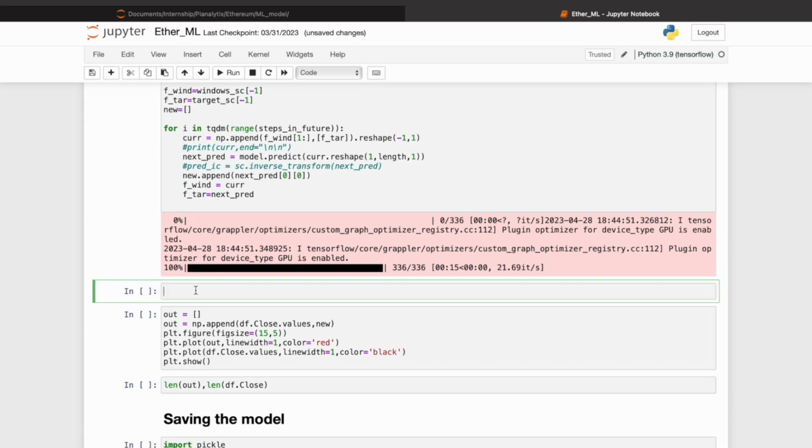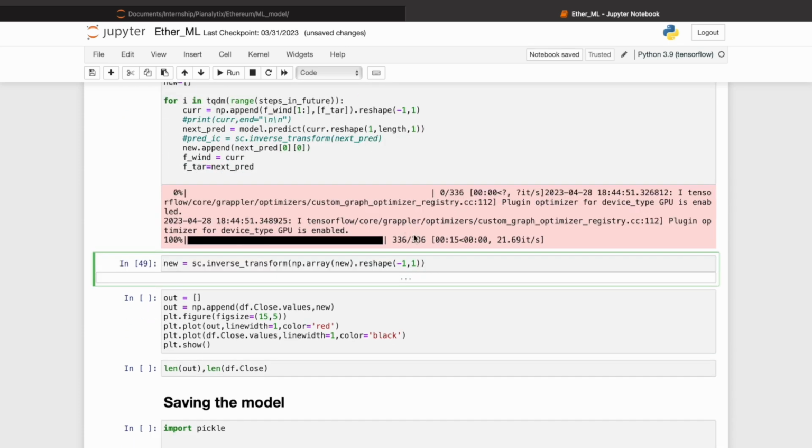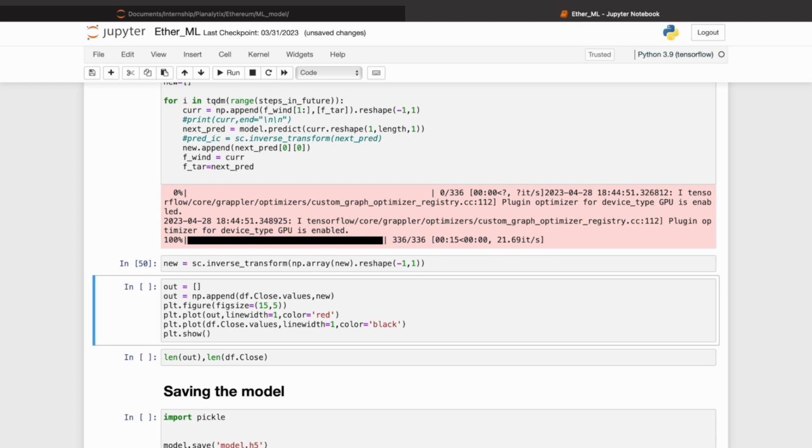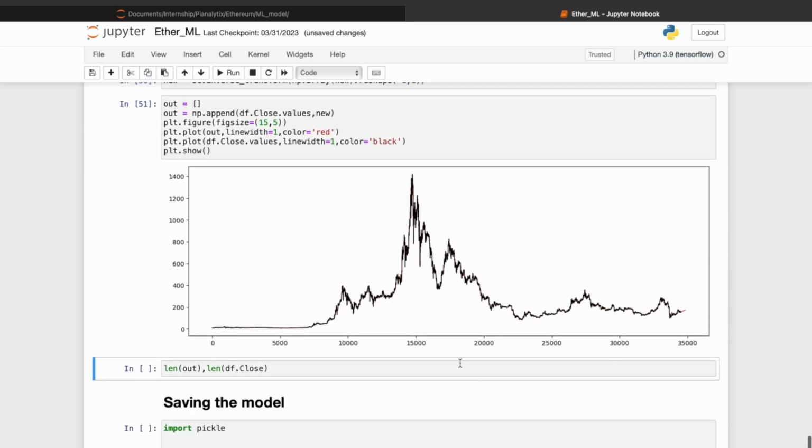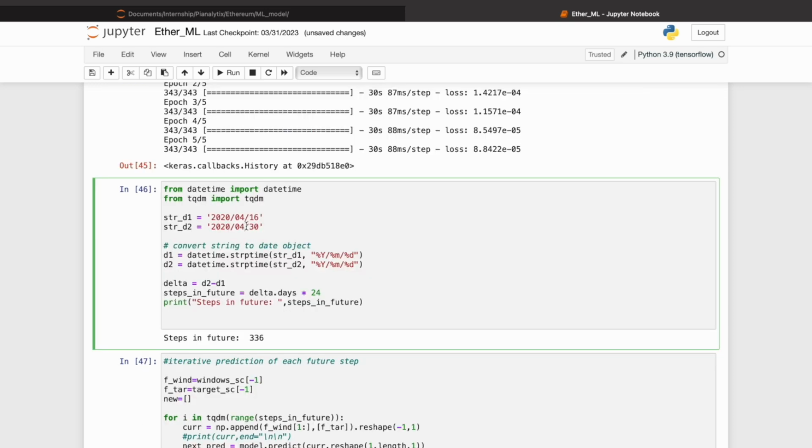All right, now we'll perform the inverse. So now let us apply inverse scaling transform to the predicted values so that we get the actual value in dollars. And now we can plot the future prediction. All right, so you can see that there's a very small red line here, and this is showing the future predictions. Let us increase our time space to